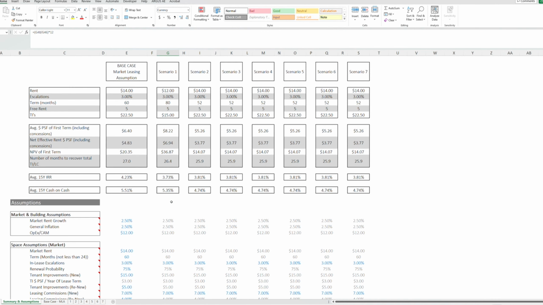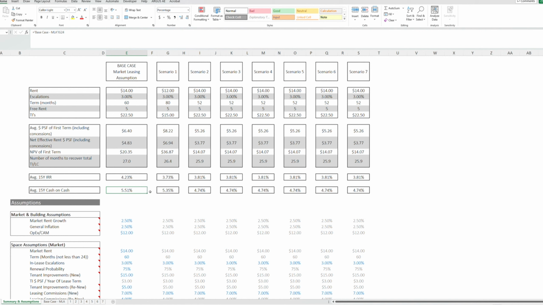You can very easily come up here, and then all this flows to the north, so to speak, and you can see that on average, in your base case scenario, your average 15-year IRR was 4.23. The tenant's proposal is now 3.73%. Not that great. So you want to figure out what levers you can pull to increase this if you're an IRR type investor. If you're a cash on cash investor, if you're a long-term holder of this particular real estate,